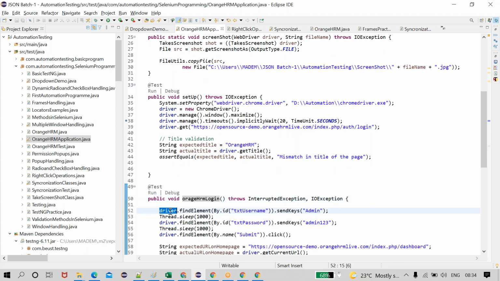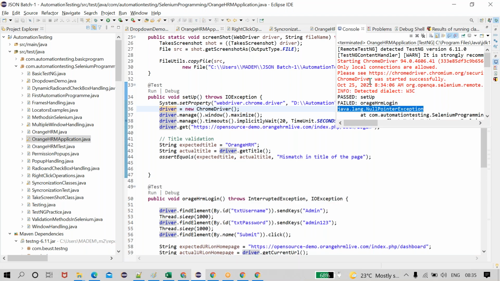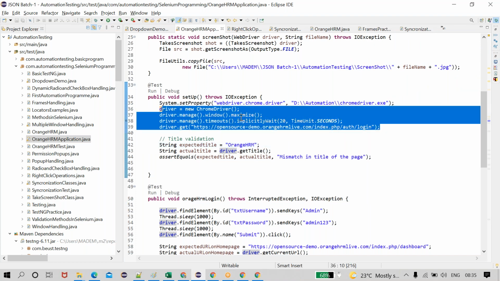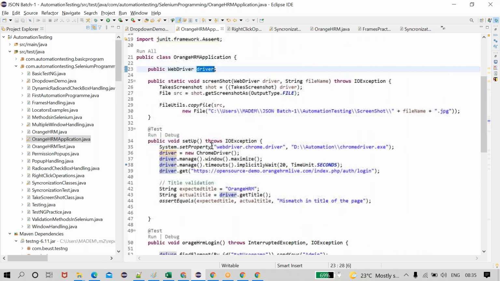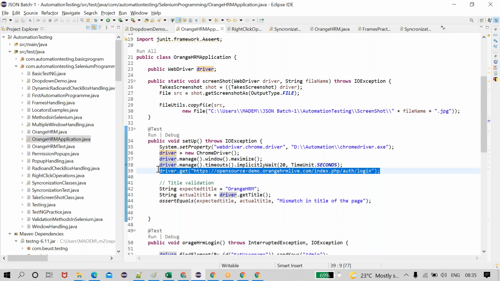See, you try to come here. This driver is not initiated with any browser. For this driver we have not given any Chrome browser or any URL, so it is showing the null pointer exception. And then it will come to setup. After O's execution fails, it will come to the setup. Setup will execute properly because it is normal code. This method won't work because this driver depends on the setup method, since the driver gets its initialization in the setup method itself. The driver will be initialized with the browser, maximized, and told which URL should be opened.